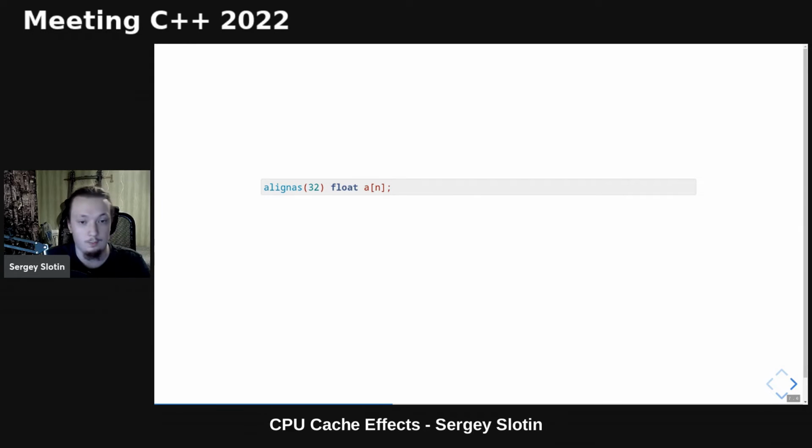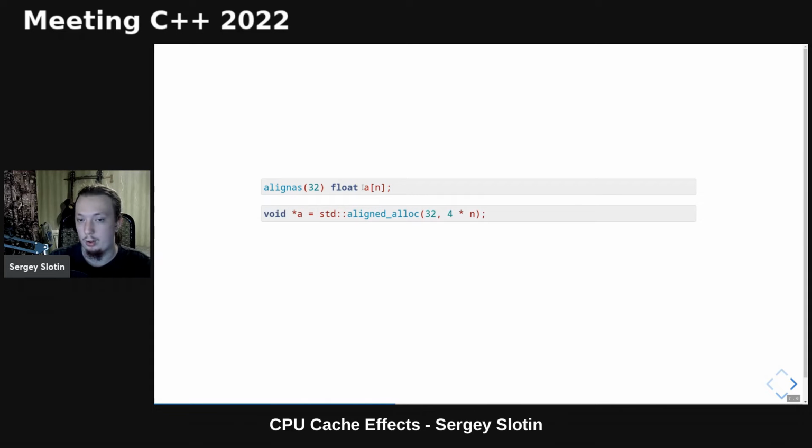Sometimes you need to ensure that this minimum alignment is higher. For example, SIMD instructions read and write data in blocks of 32 bytes, and it is critical for performance that these 32 bytes read or written belong to the same cache line. In such cases, you can use the alignas specifier when defining a static array variable. It guarantees that the beginning of the array will have an address divisible by the alignment, 32 in this case, and it can be easily read with simple instructions this way.